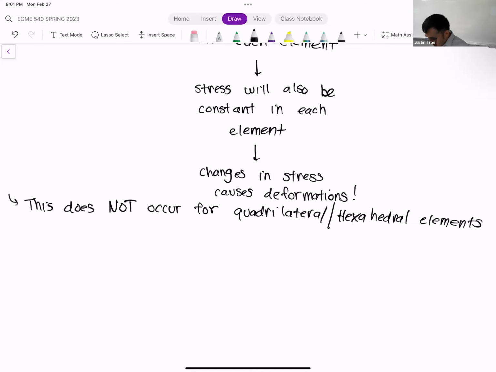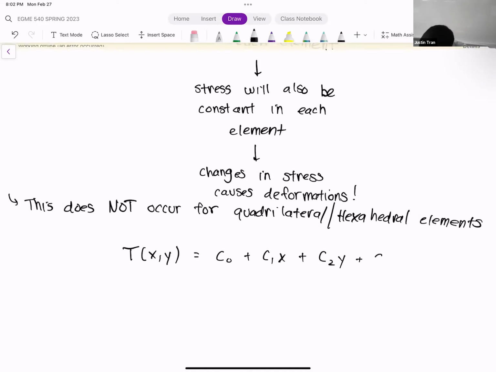Okay. And why is that? Let's look at our shape function again with a linear quadrilateral. The hallmark of the linear quadrilateral is we have that extra term there. That's C3xy.